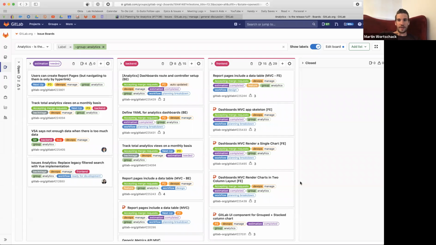So I think if we take the total weight for 13.2, I guess it was actually a little higher than originally estimated.